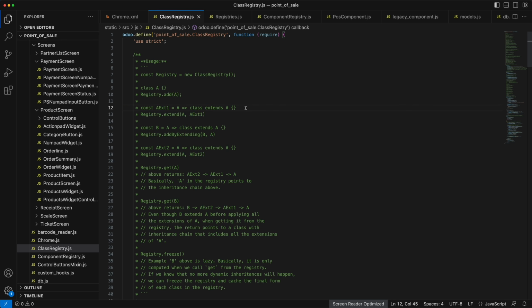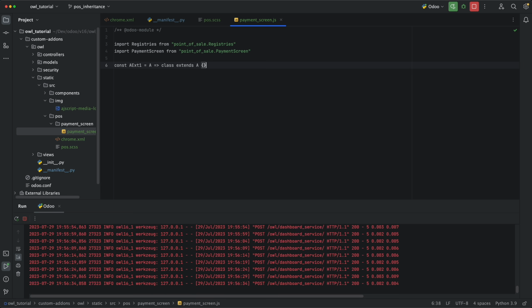Using this code, we are able to extend a class multiple times, and not only that, we can add a new class based on the existing class using the extending method. Let's just copy and paste this example, and since it's an arrow function, we can just name this parameter whatever we want, but for me, I want to name it payment screen. And you can add parentheses if you want. As usual, let's add setup method, and don't forget to add the super method. Let's add a simple console log,